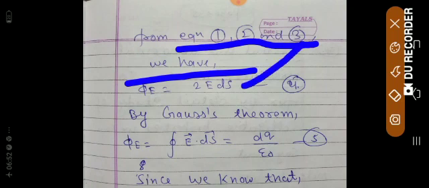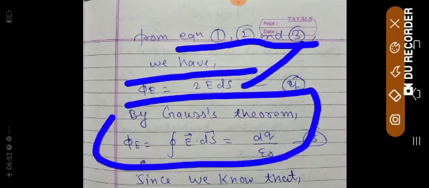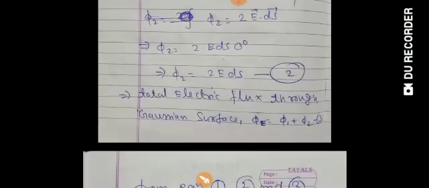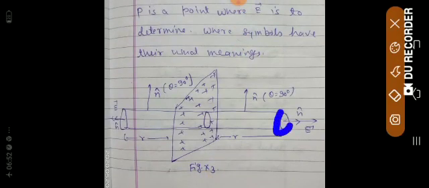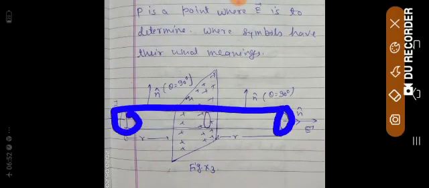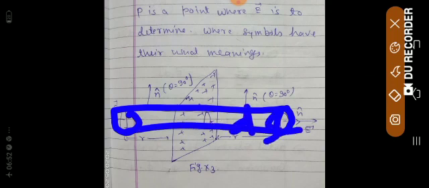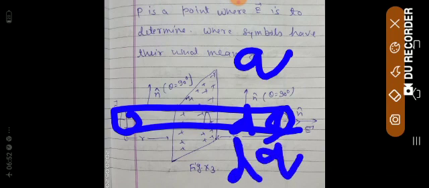By Gauss theorem, since we are studying the application of Gauss theorem, I am going to apply it. Electric flux is equal to the surface integral, equal to dq by epsilon naught. Why am I taking dq? I am going to explain in the figure. Since the Gaussian surface covers not the whole sheet, only a small portion, a small ds area, the charge would not be total q, it would be dq. So I am not taking q by epsilon naught, I am taking dq by epsilon naught.